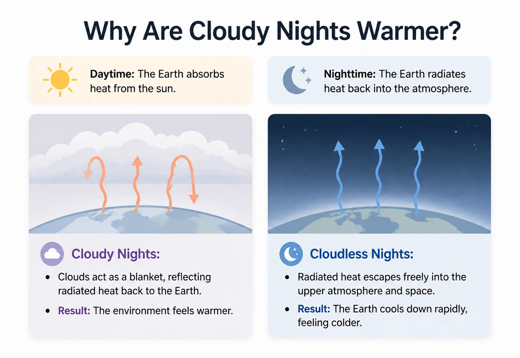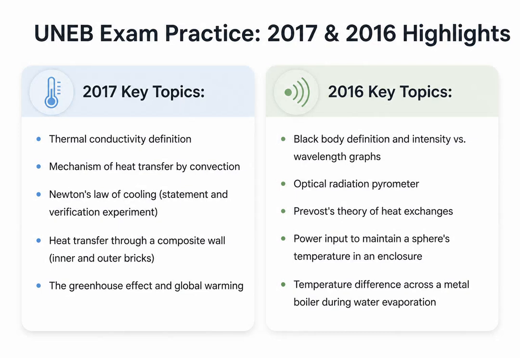radiation. On a cloudy night, the thick layer of clouds acts like a thermal blanket. It reflects and absorbs the radiated heat, sending much of it back to the Earth's surface, keeping the environment warm. On a cloudless night, there is no barrier to the radiated heat. The source material concludes with a massive collection of past exam questions from the Uganda National Examinations